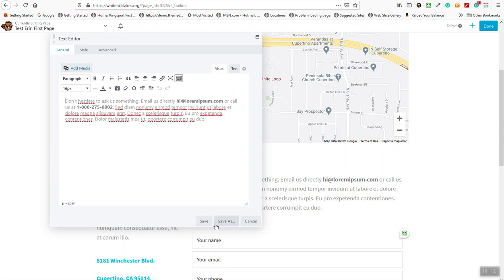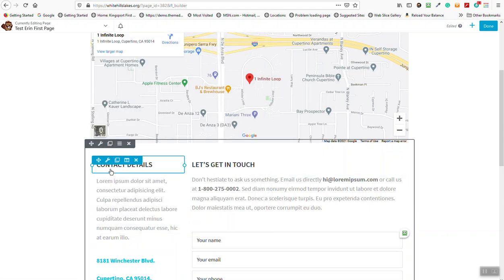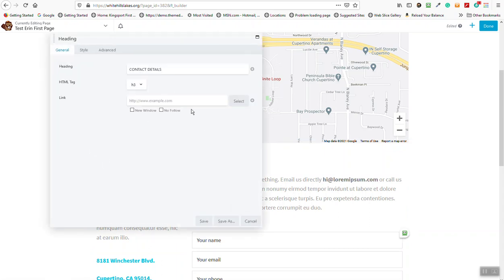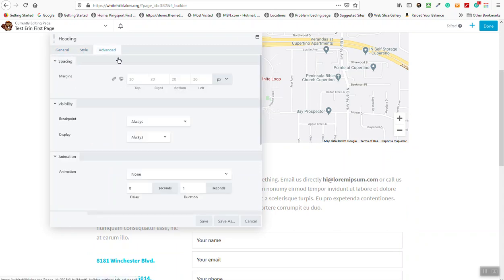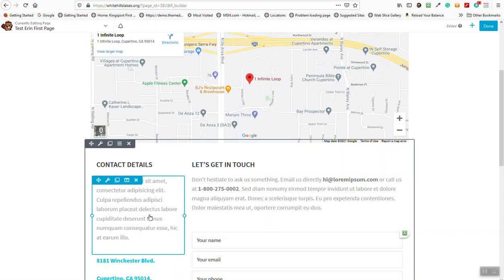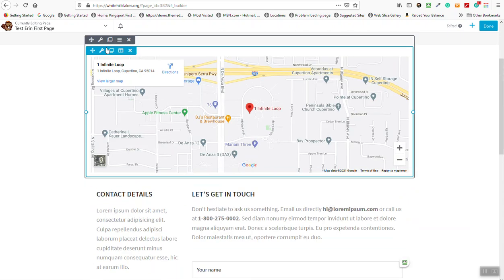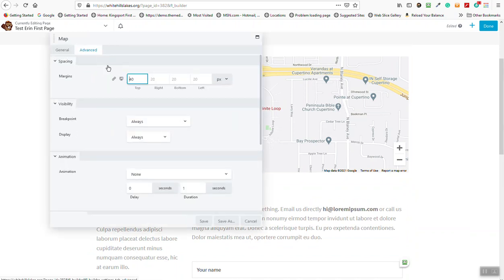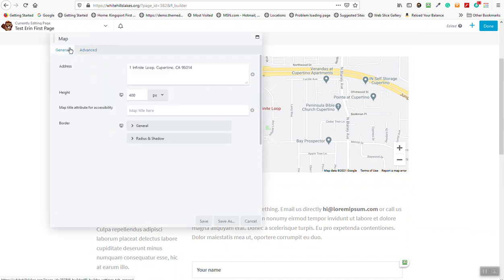But with that said, what I want to show you is a heading setting. If you click here, it looks different than that HTML editor we were just in, and you would edit this heading slightly differently than you would a text editor box. This here is obviously a map, so you'd click the wrench, and then you go here, then type in the address for